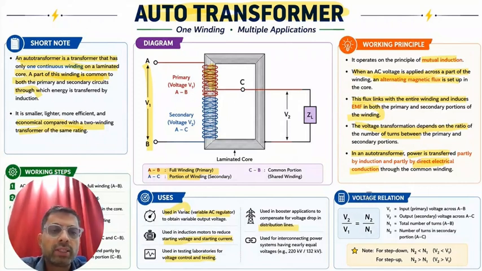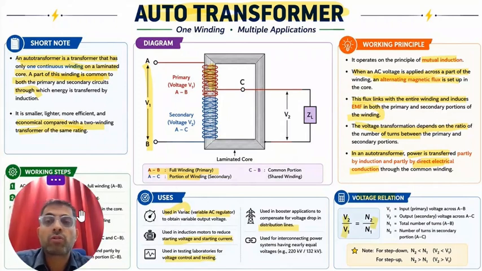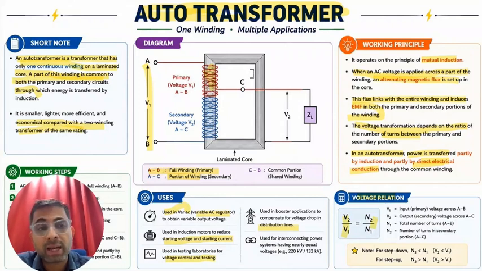And what about the voltage regulation? For this, V2 by V1 is equal to N2 by N1. But there are again two types of auto transformer that we are going to see in the next video: the step up auto transformer and the step down auto transformer, right? You know the meaning of step up, that the voltage is to be increased, and step down, that the voltage is to be decreased. But how the auto transformer works as step up and step down we will see in the next video. For this I am giving the hint.